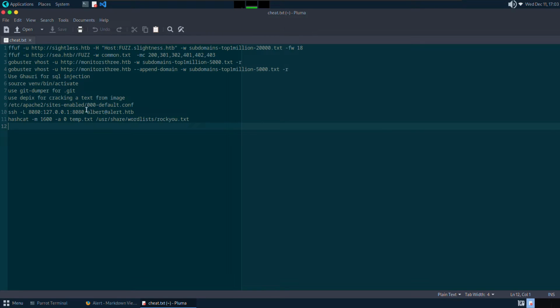First I tried this one, etc apache2 sites-enabled default config. There is one thing for testing path traversal vulnerability. This is just a normal payload like dot dot dot dot dot dot and etc passwd. This is generally a normal payload which can be used to get a username and password, right? I tried injecting this as a file path, but I didn't get any output